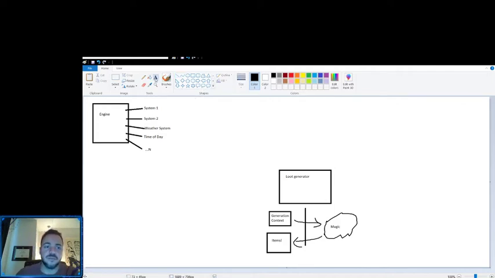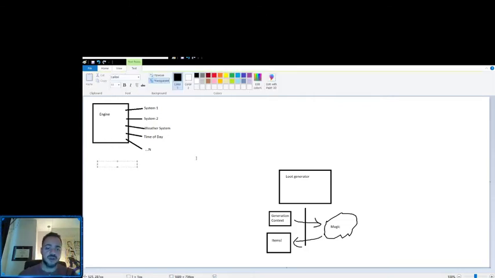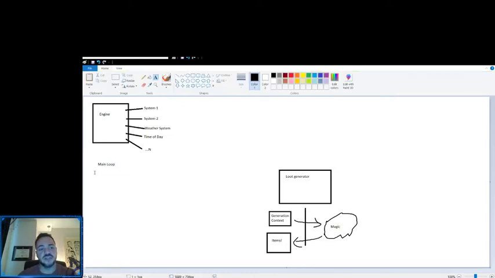Now, the engine has a main loop. If you read about game design, there's usually this main loop that people talk about, where you're reading user input, rendering things, processing game logic. When I'm talking about my main loop, it's really just about processing for these systems. And the way that works is, I'm going to write main loop, and the things that I do inside